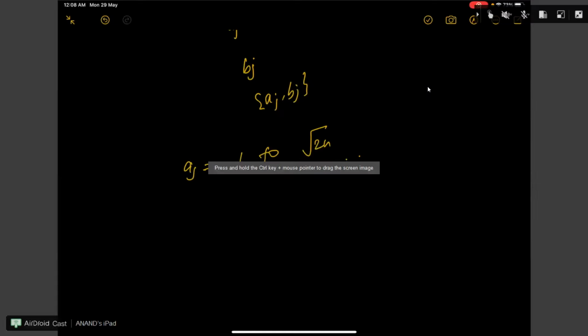Then what we are doing, we are calculating the count of those B values whose AI is equal to this AJ, right? So if you see here,